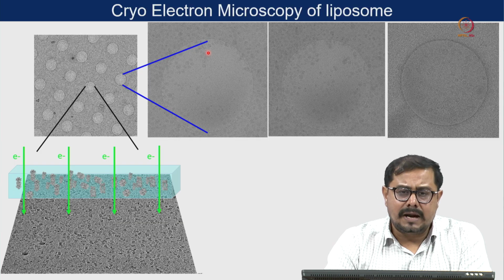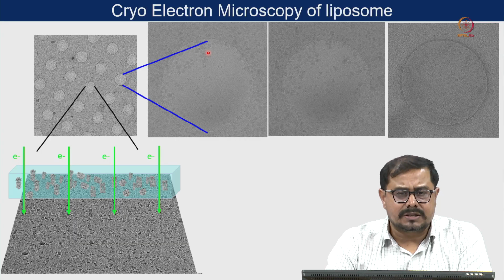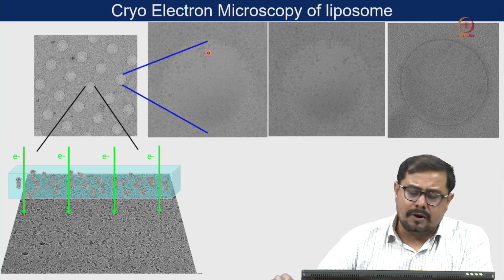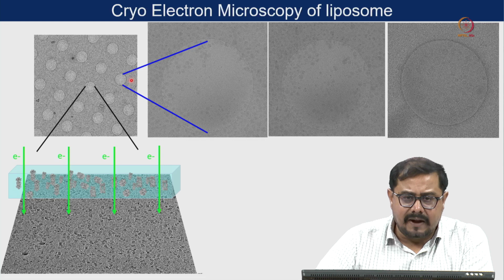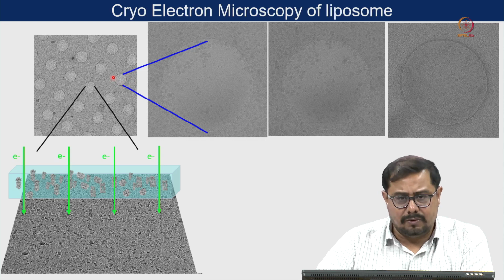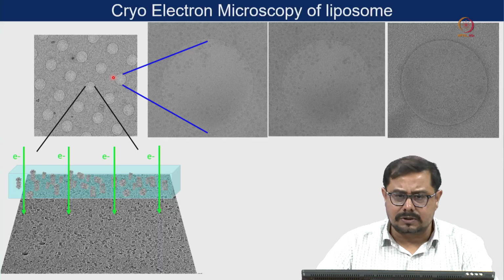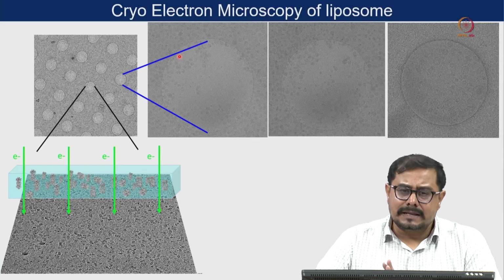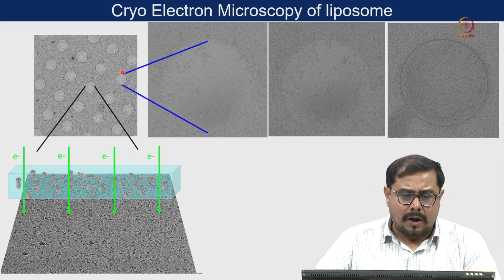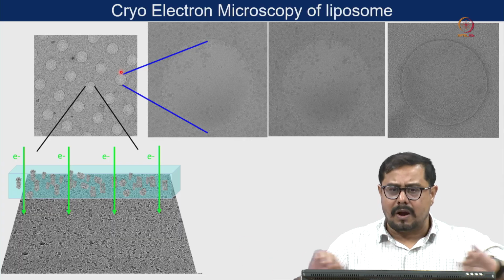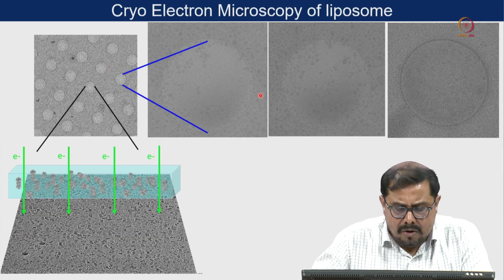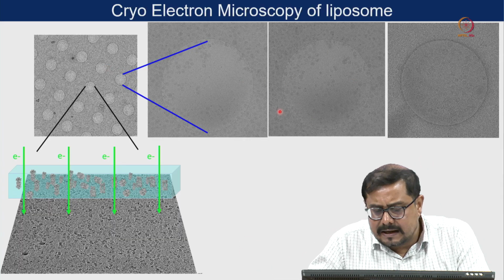Sometimes we have to protect against that, and then we can play around with our glow discharge parameters, or we can coat those holes with a very thin amorphous carbon and then add the sample. There are some drawbacks to doing that process, but that is another way to avoid the sample going away from the hole.